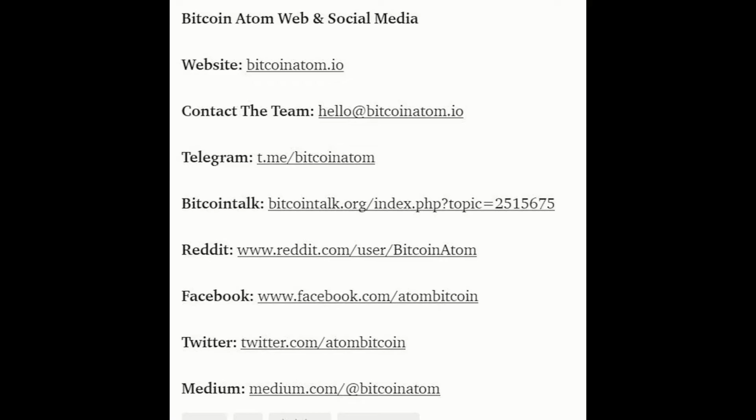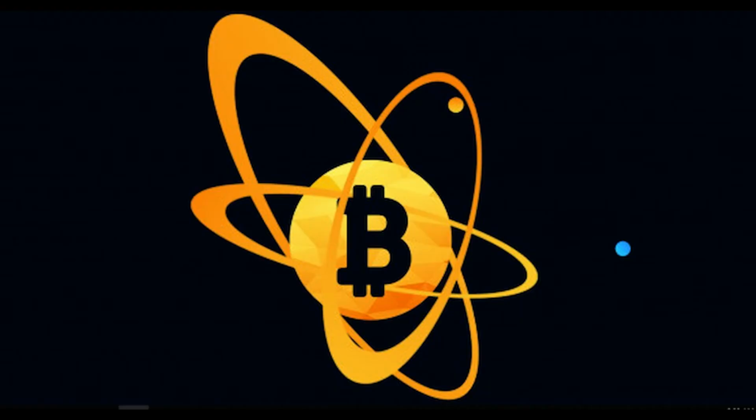So, will this be the solution to all of Bitcoin's problems? We don't really know, but of all the forks that have happened so far for Bitcoin, Bitcoin Atom sounds the most ambitious as well as the most promising. You will feel that this technology has a promising future, and this seems to be trying to get the best of the cutting edge technologies right now in the blockchain field and get it together